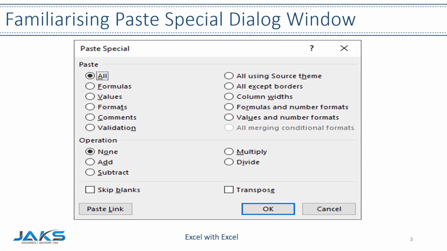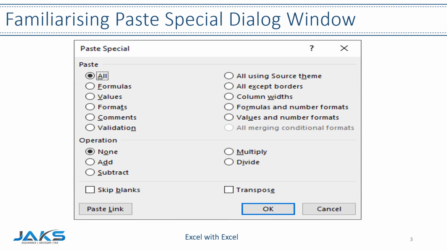In this slide, we will see how we can bring up the Paste Special dialog window and choose different options. The window you see on the screen is the Paste Special dialog window. To bring up this dialog window, first, you have to copy something. The name of the feature itself is Paste Special. So, if you want to use the feature of Paste Special, you should have copied something. With all the options available in this feature, as you can see on the screen, you might already know Paste Special is a gateway to many powerful operations in Excel.